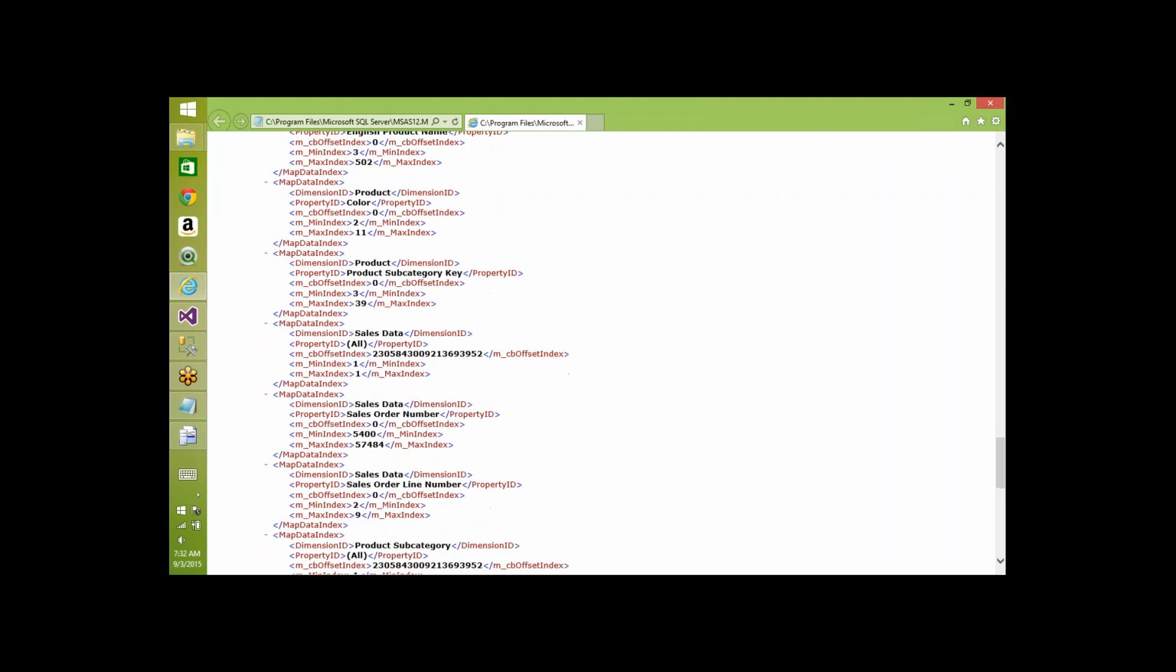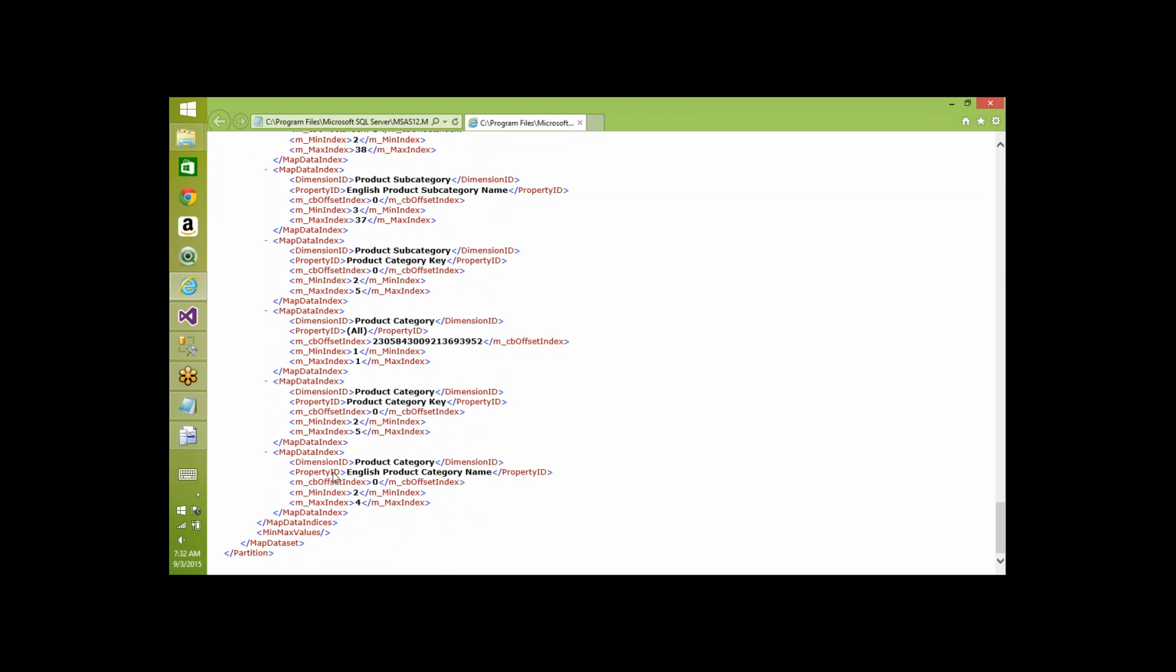Now if you go here, let's concentrate on this. Product category is a dimension, and for English product category name, this particular partition has data with minimum index from 2 to 4. What is this 2 and what is this 4 for English product category name? We can write an MDX query to get the data ID. Let me show you what this 2 and this 4 mean and what is covered in this